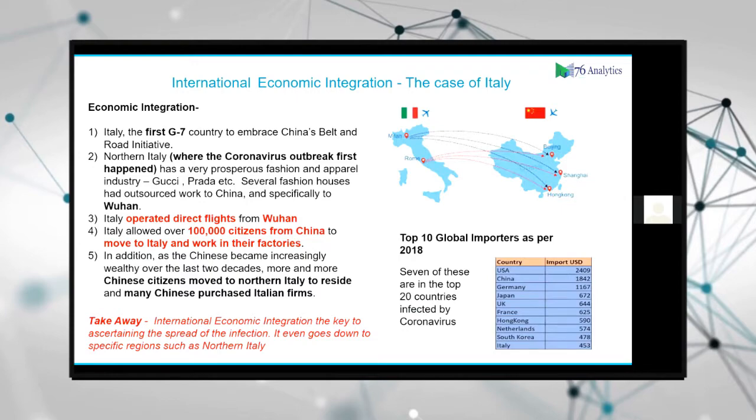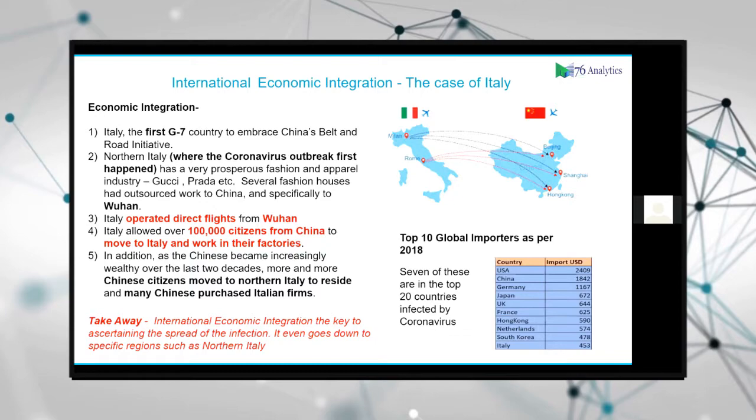They're spread across continents, and you find that 7 of these are in the top 20 countries infected by the virus. So the extent of economic integration made for more travel between the 2 places. There was more people to people engagement, and that people to people engagement opened the doors for more